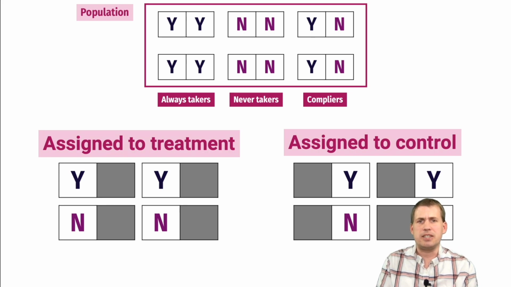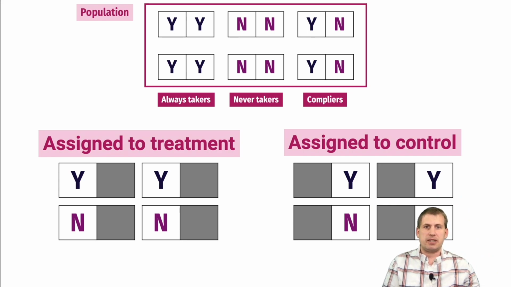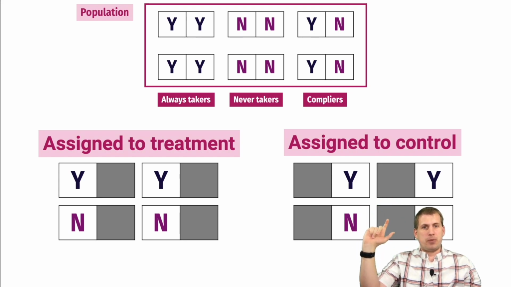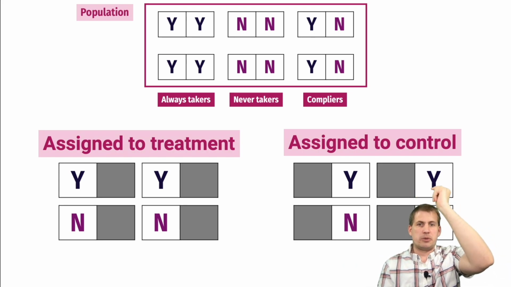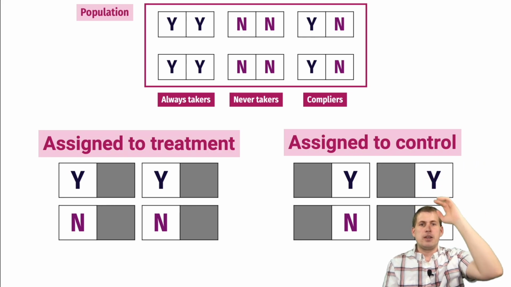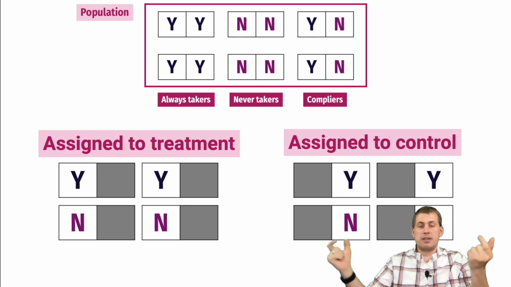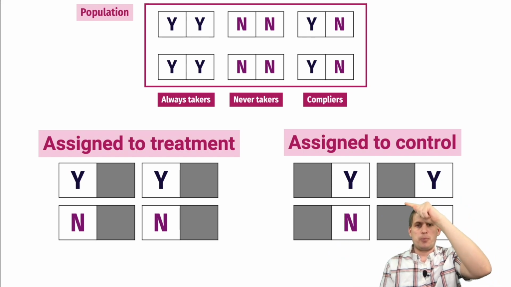So on this slide here at the top, we have our population just as kind of a reference of what these people look like in a potential outcomes world where we can see both of their decisions. So again, the left side means what they do under treatment. The right side means what they do under control. And so we have a population of always takers, we have a population of never takers, and we have compliers. And we randomly assign them to treatment and control groups here. But because we don't have time machines, we can't read their minds, we don't know what these people do. So if you look at this assigned to control group,